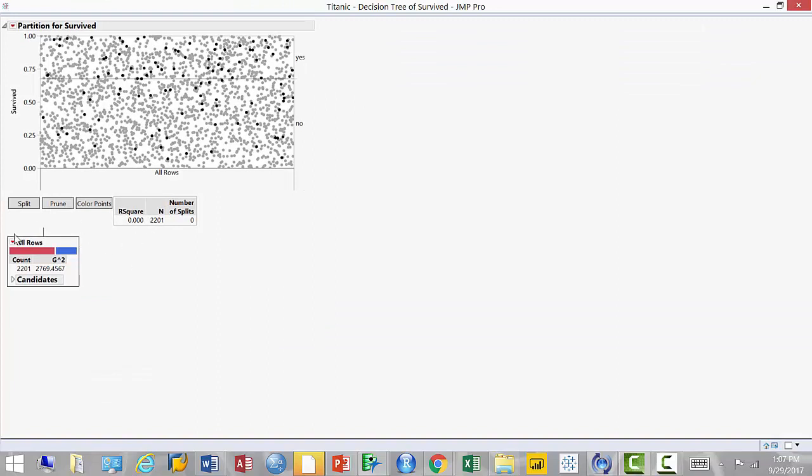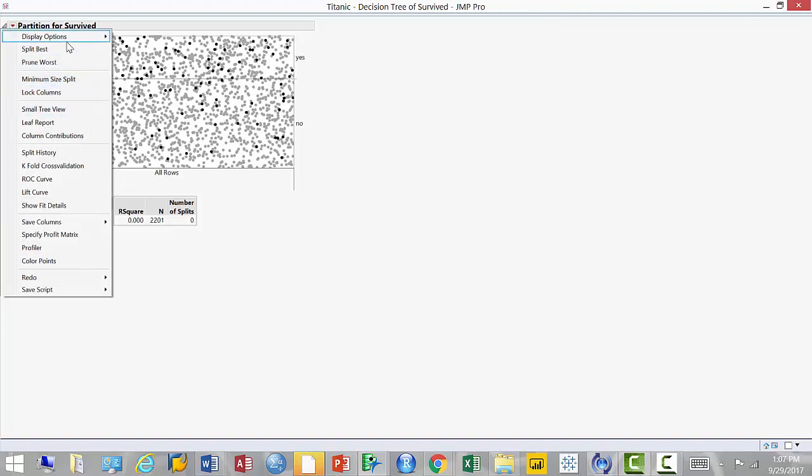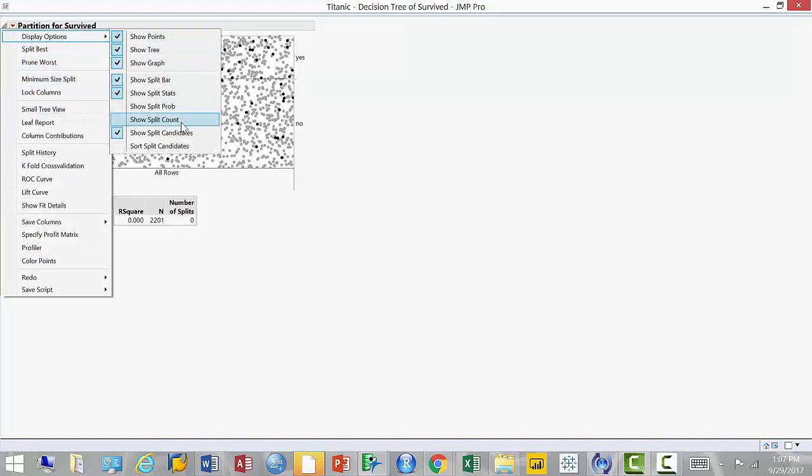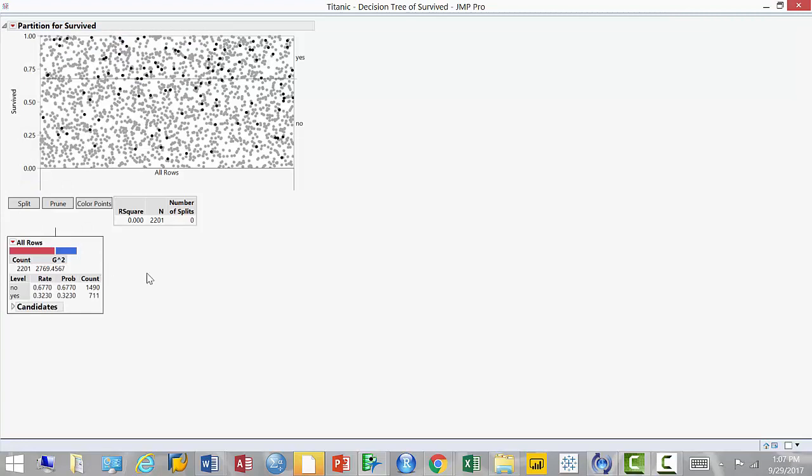So right now what we have is only this node that says you have 2,100 observations, and in order to have more visibility, we have to go to the red triangle menu and display options, show split count. It shows actually more than just a split count, it shows also the probabilities, right? So right now I see that 32.3% of people actually survived and 67.7% of people drowned on the Titanic, right? Okay. So it's a mixture. It's not a 50-50 split, so it's not that bad to begin with, but still I have to build a